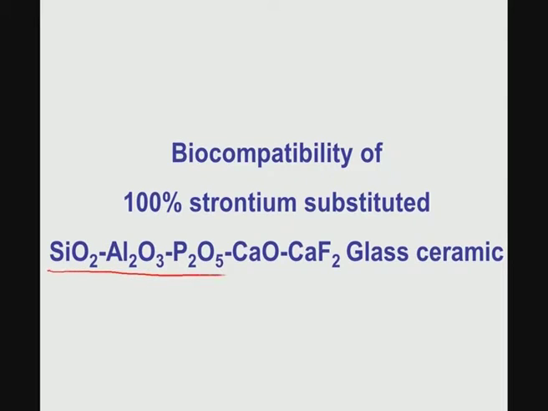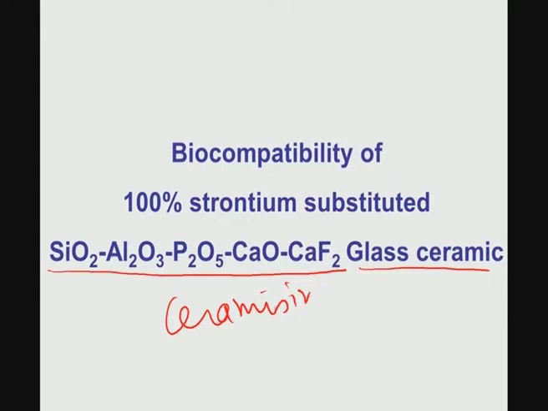In one of the earlier modules I mentioned these glass ceramic materials, and let me reiterate that glass ceramic materials are derived from a glass composition which contains a finite volume fraction of crystals with particular size and shape. This crystallization of the glasses is possible because of a certain heat treatment technique which is known as ceramizing treatment. Let me once again emphasize this technique, which is called ceramizing treatment.